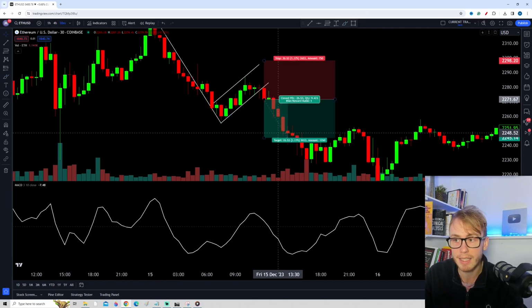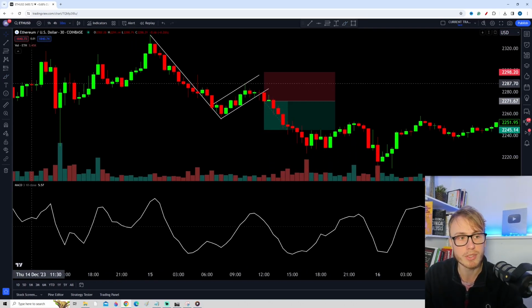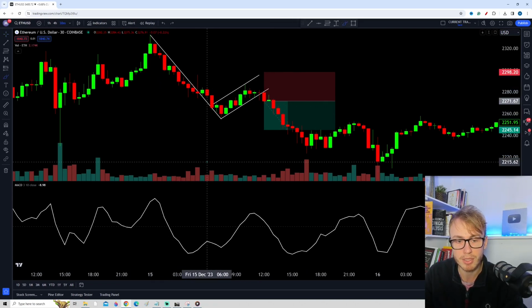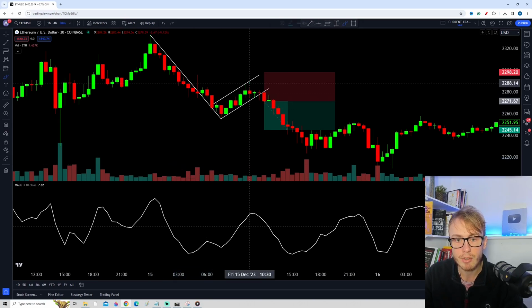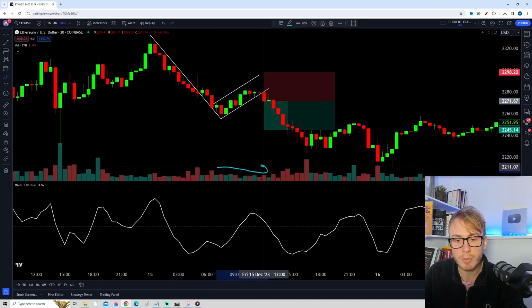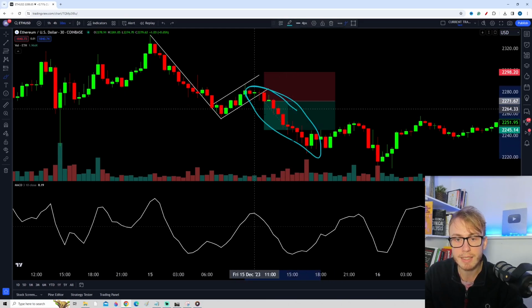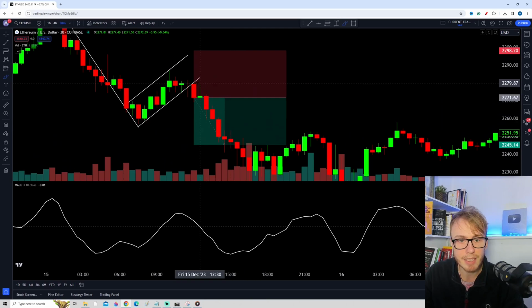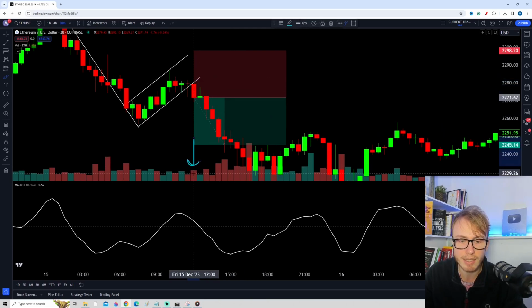the volume indicator. So in general, what we want to see is that during the impulsive move down, we want to see increasing volume. You can see the volume increased right here. During the pullback, we want the volume to decrease, and during the break, we want the volume to increase. If we take a look at the individual volume of the breakout candle, you can see that this was actually not that good. You can see the volume was a tiny bit higher here than the volume during the pullback,